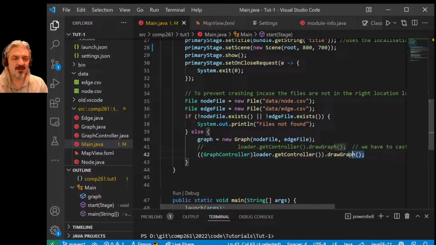And I've got an old, yes, we had to cast it to graph controller. This bit was the way that the main program, this one, can go and see the controller. Okay, we haven't talked about what a controller is. What's a controller? Why have I got a main, but I don't know what's going on yet? Well,